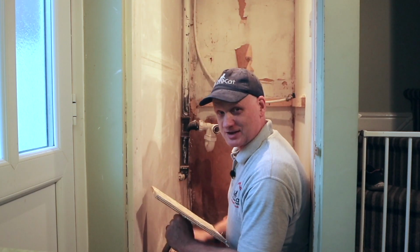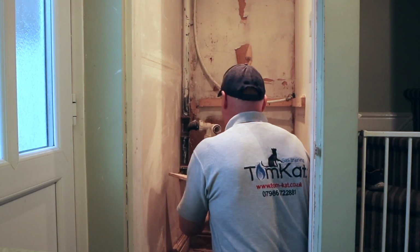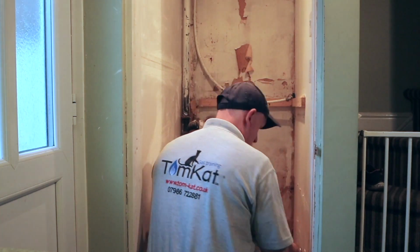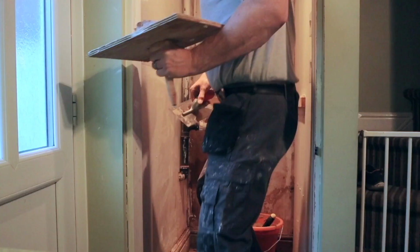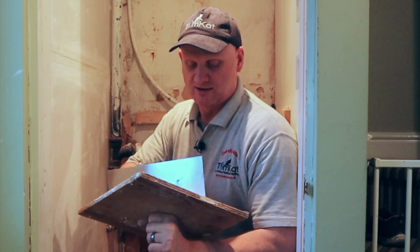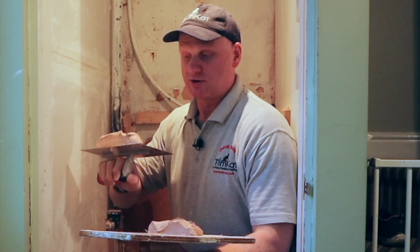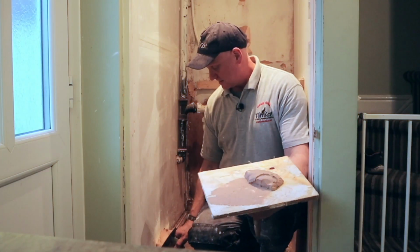So I'm going to start from the bottom. There are a lot of plasterers who start from the top. So the first thing I'm going to do is load my homemade hawk up with some plaster, find my skimming trowel, which is here. So here's my skimming trowel, and what you do is you tilt the board back towards you, put your trowel in the centre and put it on the edge of your trowel like that. Then you start at the bottom and you just